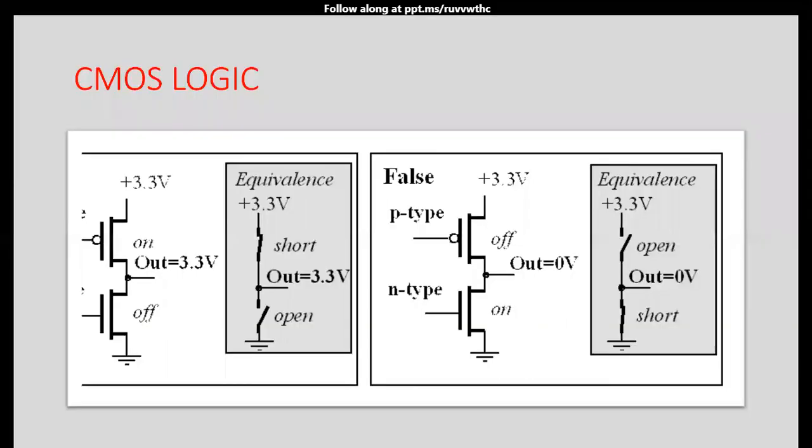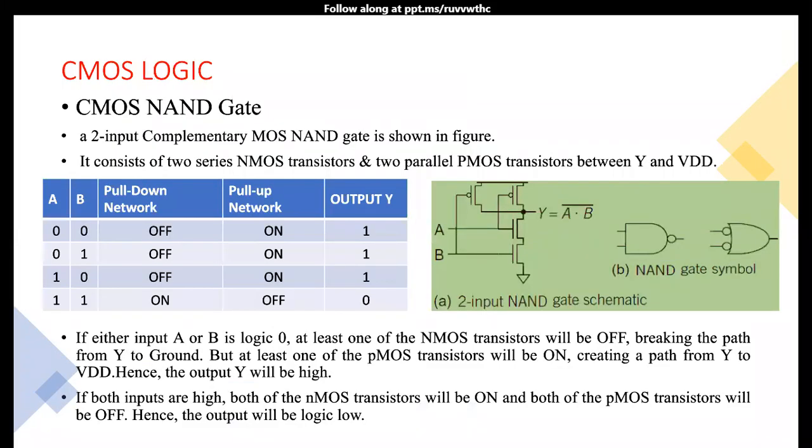Similarly, let us design the CMOS NAND gate, a 2 input NAND gate. The expression for this 2 input NAND gate is (A dot B) whole bar. That means if you give the inputs A, B, the expression for the NAND gate is A dot B whole bar. Don't bother about this bar action, because the CMOS circuit performs the complementary action. So just think about A dot B, that means the product operation.